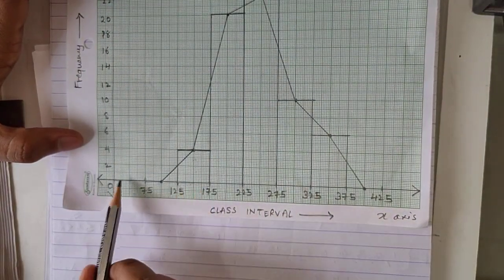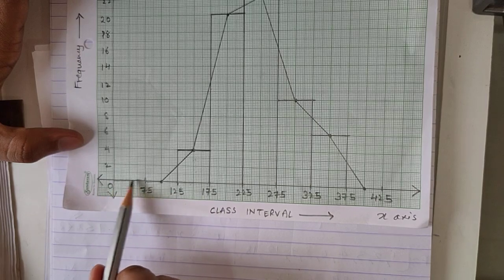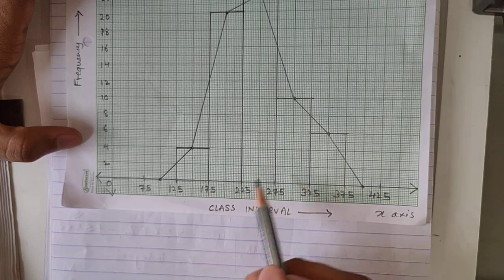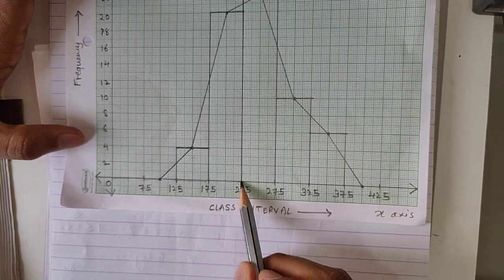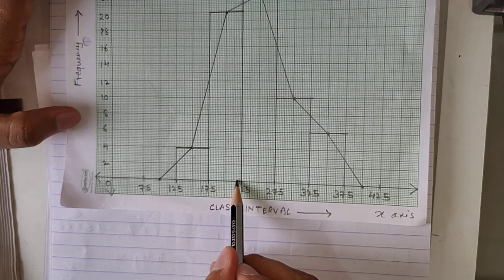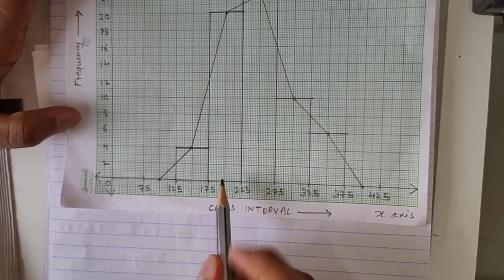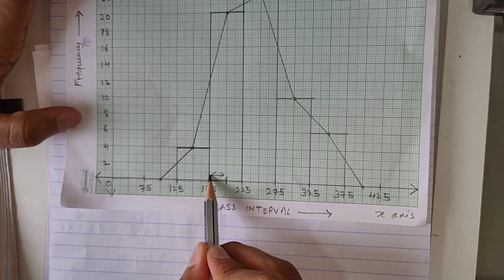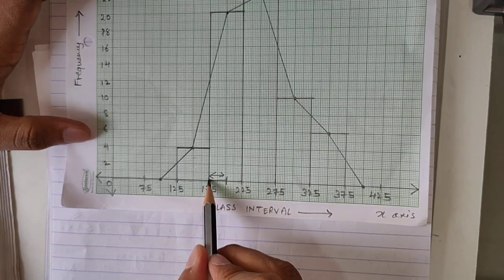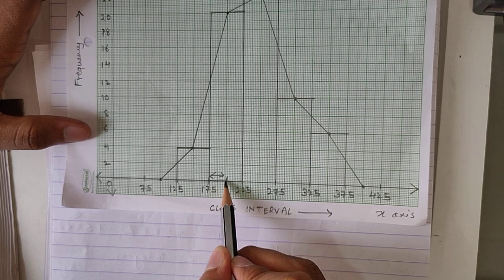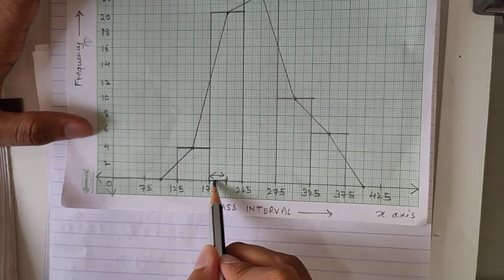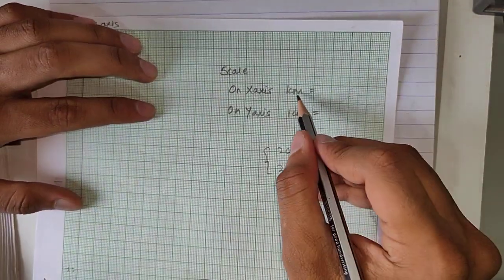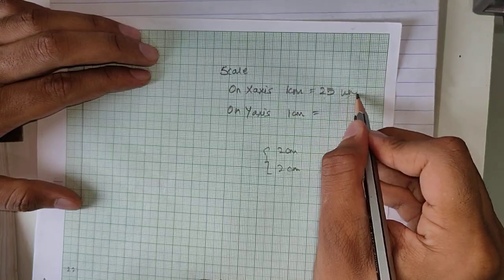So here, never see this first interval. Check from here because these are your proper values. So if you see the difference is 50, correct? 125 to 175, 50, 175 to 225, 50. That means this entire part is 50. That means this much part, that is the 1 centimeter part, is 25 units, correct? From 175 to 200, 200 to 225. That means this 1 centimeter is 25 units here. So I'll write here on x-axis 1 centimeter is 25 units.